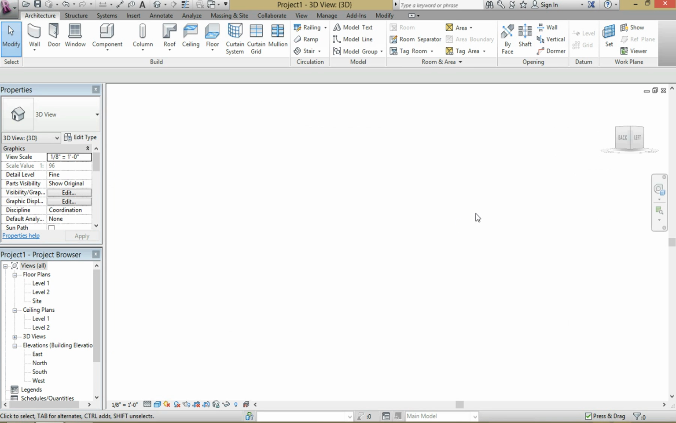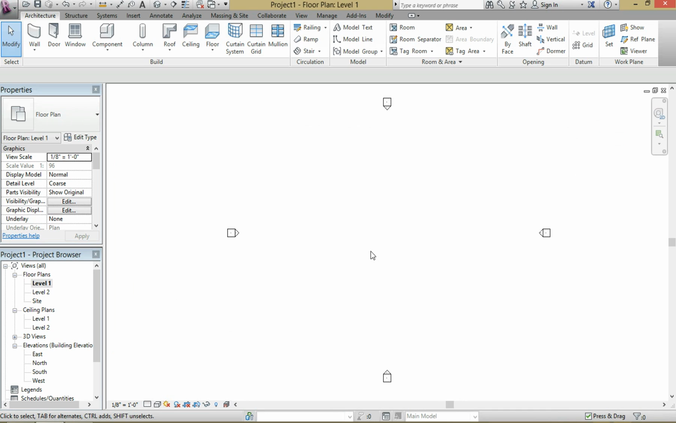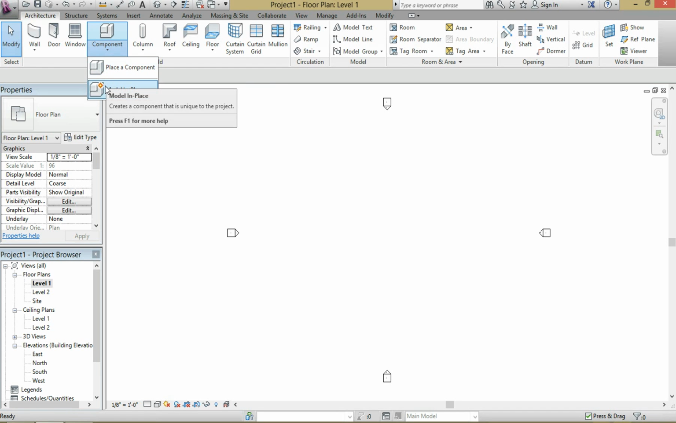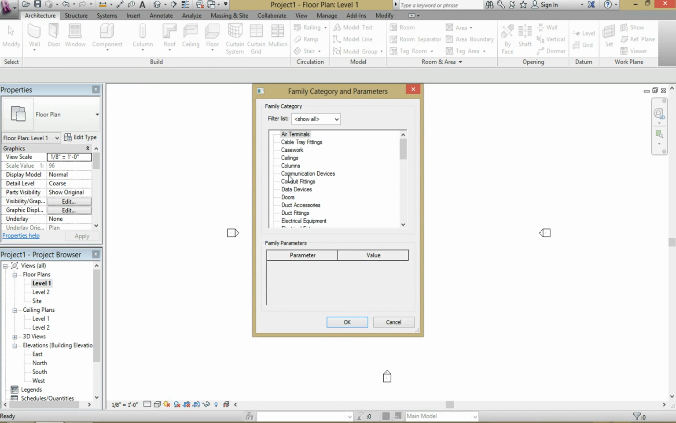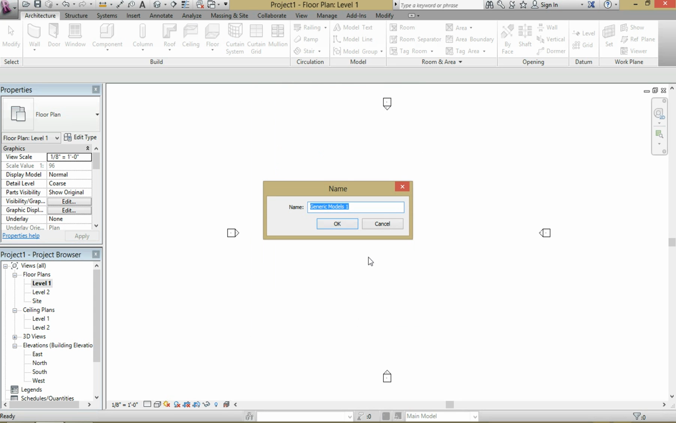So go ahead and open up a new file. Go to level 1. The way that I'm going to do it is through a generic model in place component. So what you're going to do is go up to component here. You're going to select model in place. Scroll down until you find generic models. It's going to be right there. Click OK. Let's call this tapered